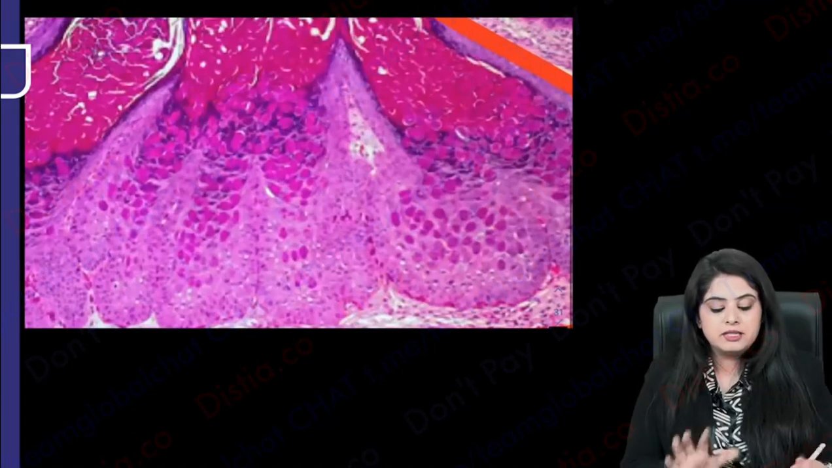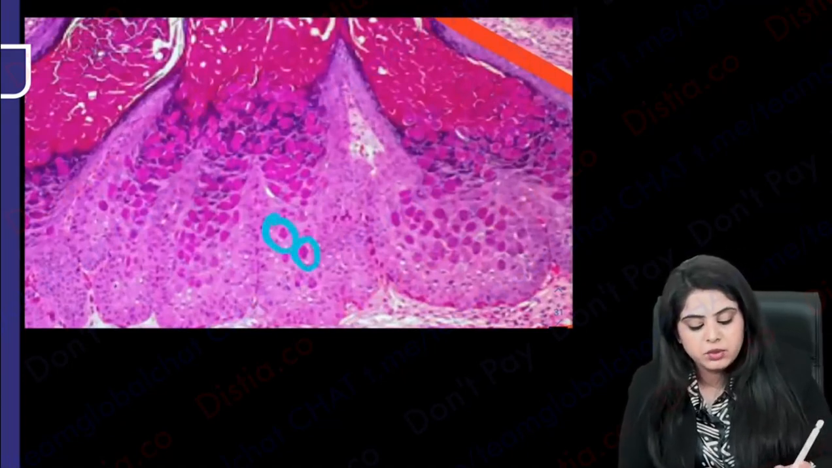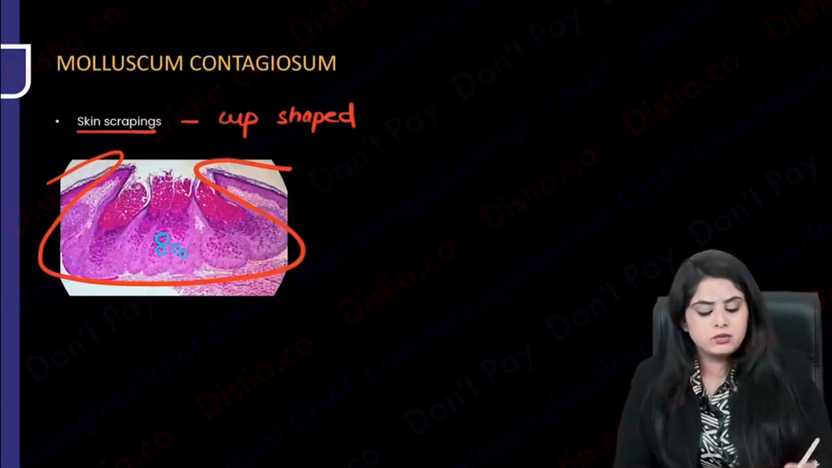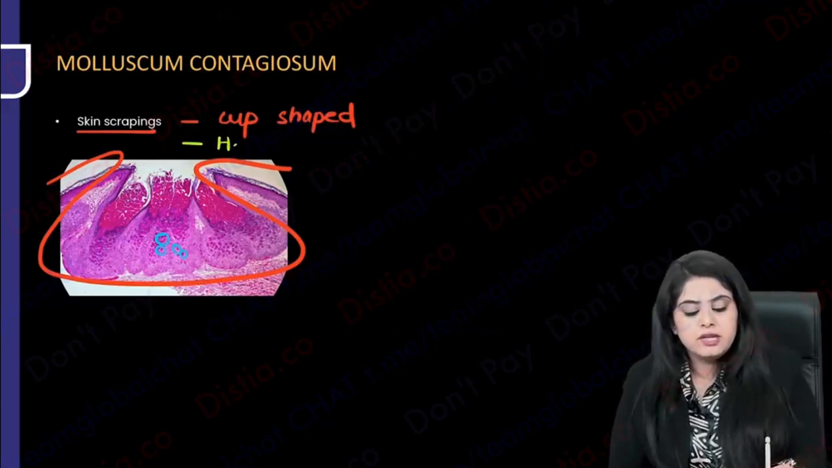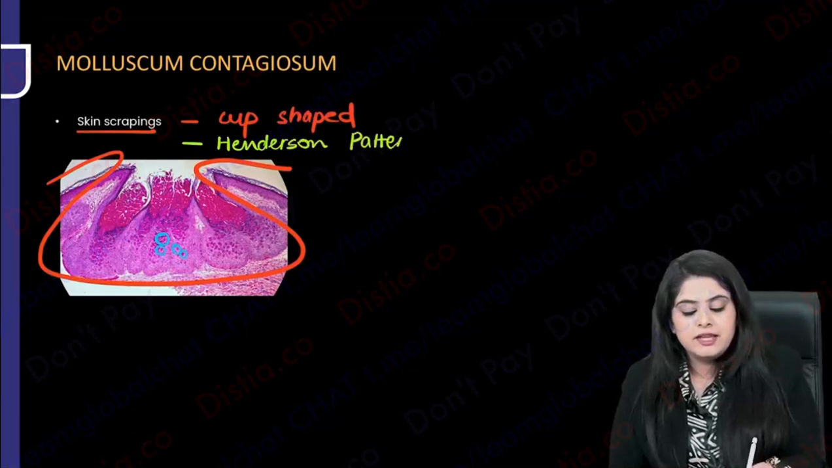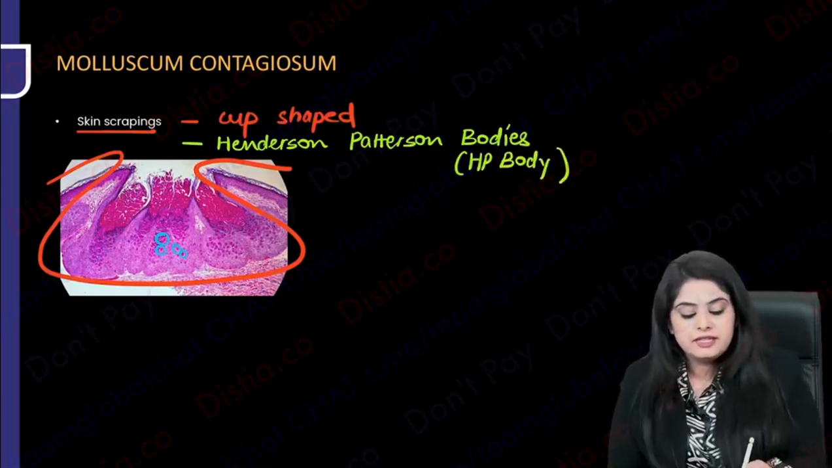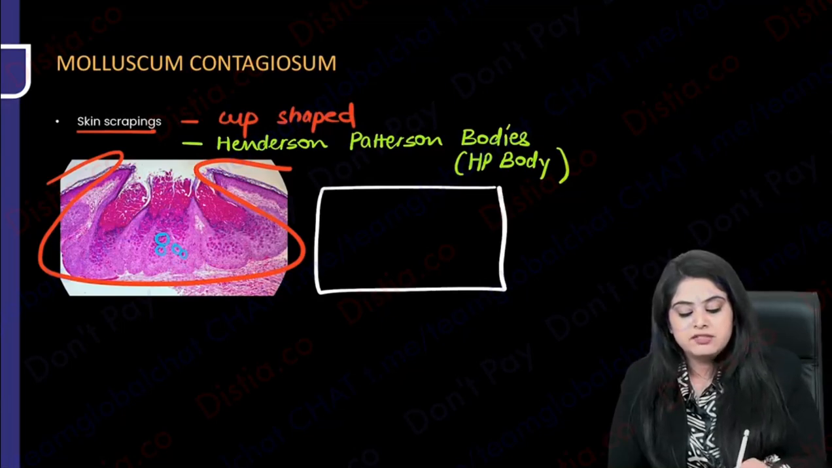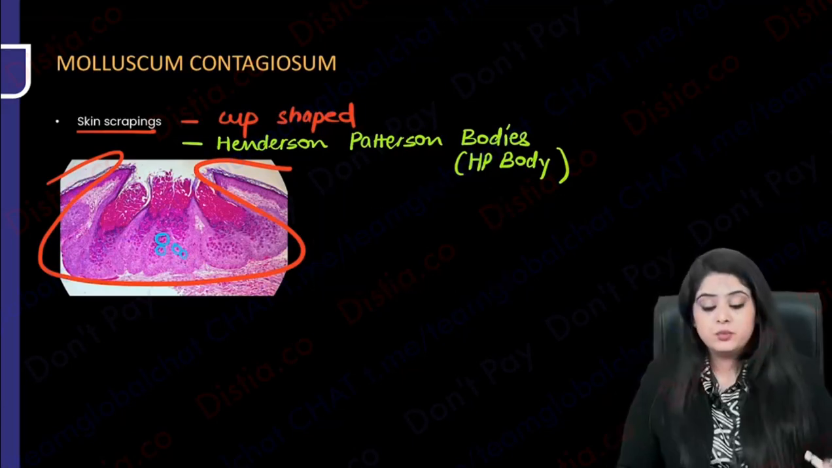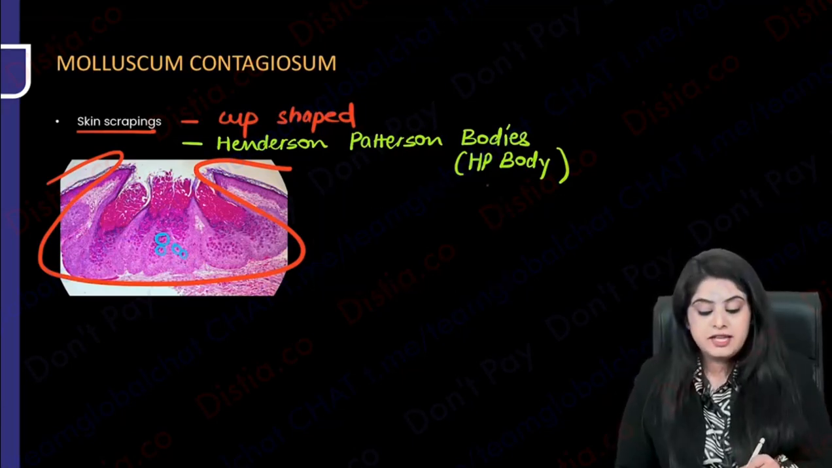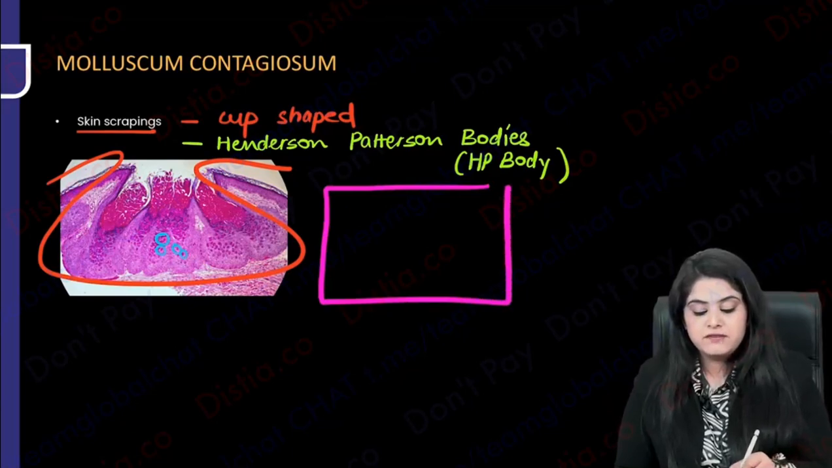So what is inside the cup? I can see some bodies. What were they known as? I have taught you under general virology, so I won't spend much time. These are known as the Henderson-Patterson bodies, which are very famously abbreviated as the HP bodies. And we have to study that these HP bodies are going to be stained by something known as the P, for Paneth. So we need to know what is the stain for these Henderson-Patterson bodies,